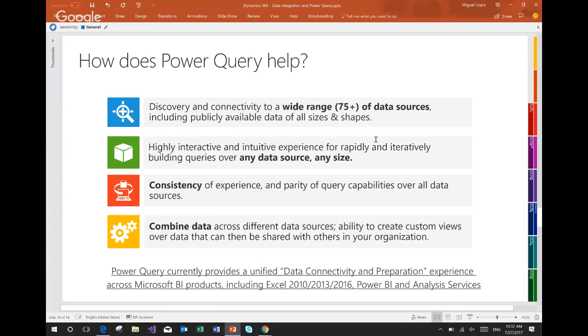We also do this with many other backends, not just SQL. And we do this even in cases where you're querying across multiple backends. So even if you're querying data out of SQL and Oracle and doing a join, Power Query will figure out an optimized plan to push down execution of that query across these two systems, and even send data between them to do the right smart subsetting and cross-filtering.